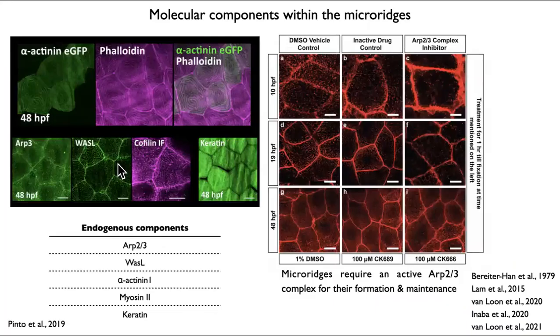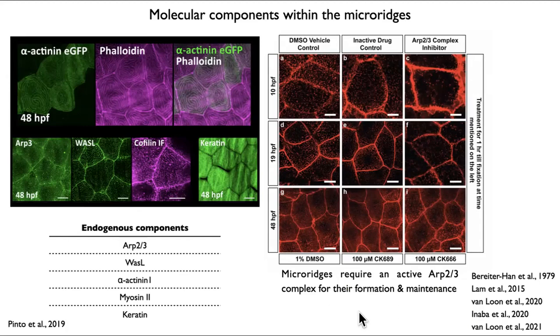Recently, a number of actin regulators have been found to localize within the microridges. Importantly, the function of the ARP2-3 complex is essential for their formation and maintenance. We have been interested in having a quantitative description of the dynamics of microridges that required high-quality image data followed